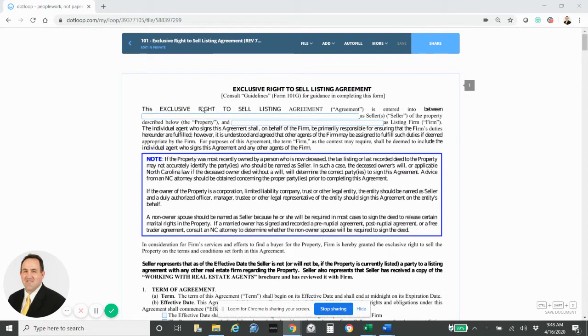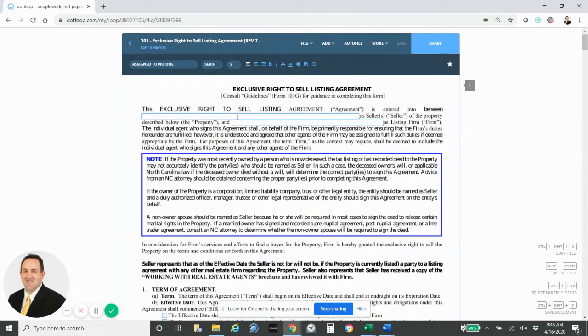All right. So here we are in the exclusive right to sell listing agreement. The first thing we need to do is fill out the seller name. The interesting part here is that if it is a married couple, you have to have both sides signing this, right? So it'd be Aaron Kraft and Elizabeth Kraft if I was selling my own property, because I'm married, and so Beth has full rights to sell the property, and we would need both of us